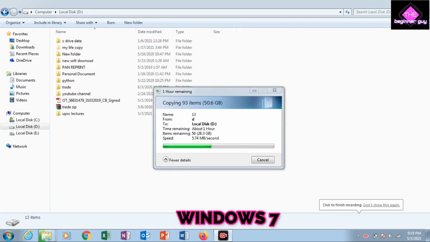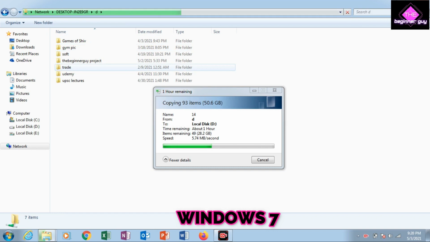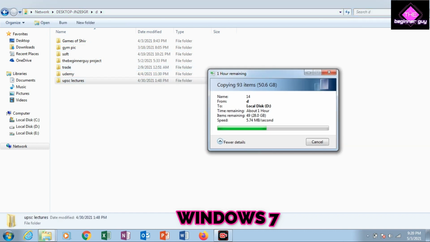One more proof I will give you. I am copying this 50.6 GB data from Windows 10 into Windows 7 system on another day, on 3rd May 2021. This is the file, UPSC lectures, which I am copying.